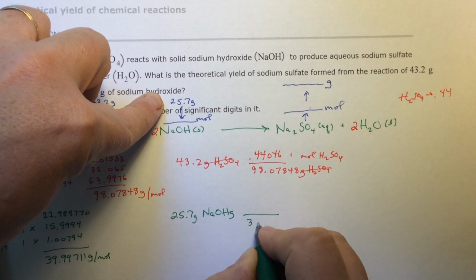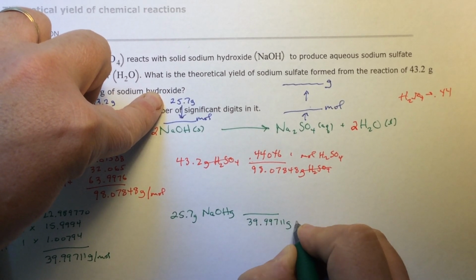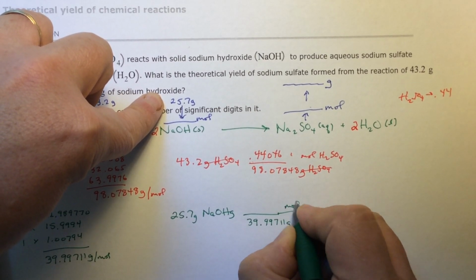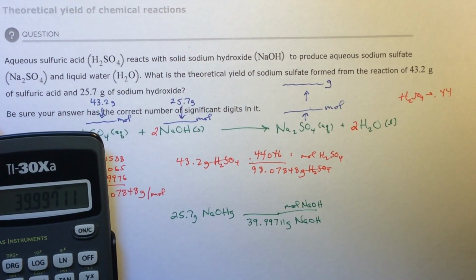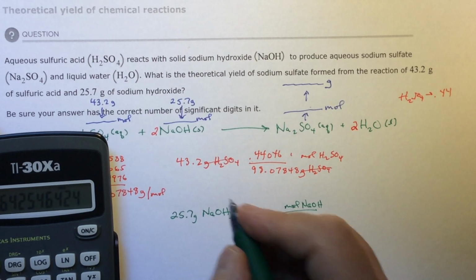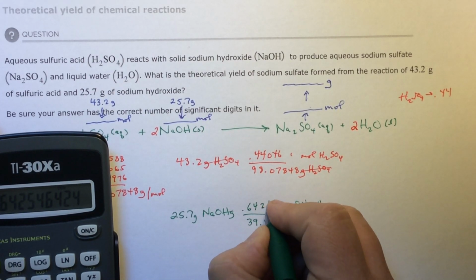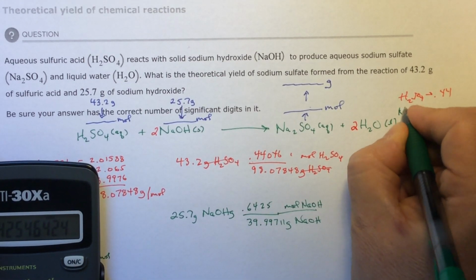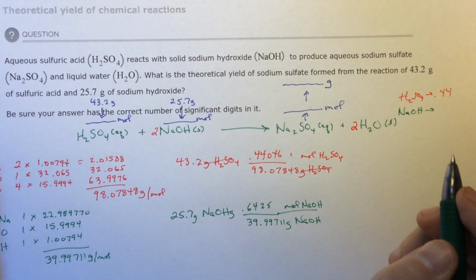It is 39.99711 grams of NaOH per mole of NaOH. So I'm going to divide that out. I have 0.6425. That means that the NaOH can give me